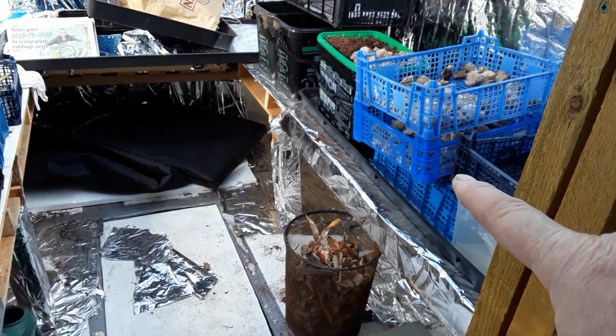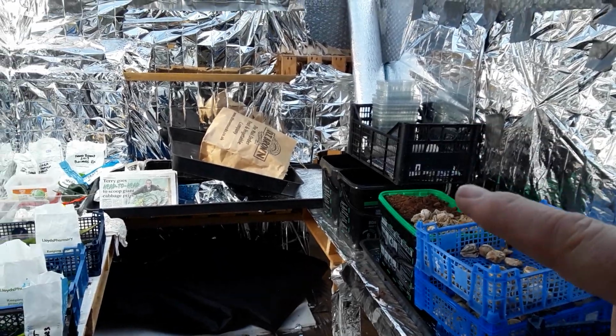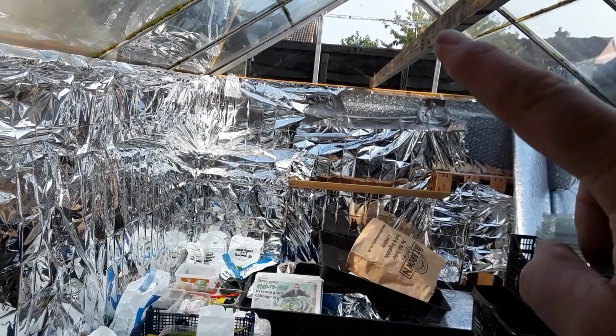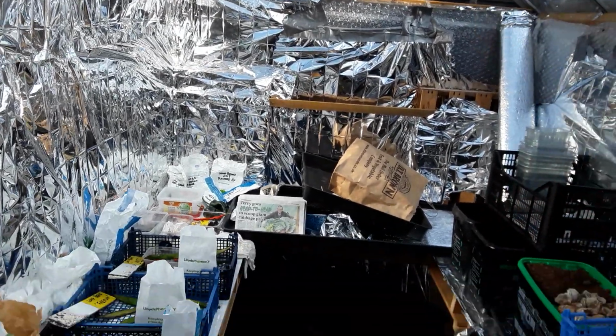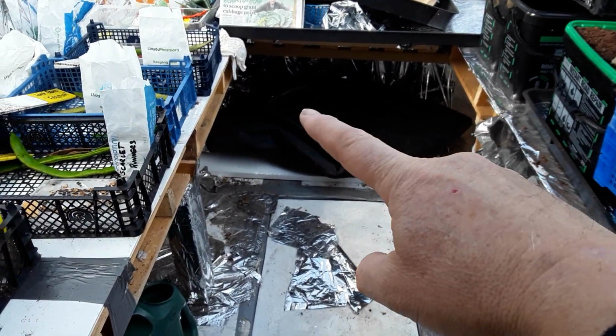This was a narrow shelf before. This wide one was up here, but I was restricted with the light, and this time I'm just going to experiment with taking the polythene, the bubble wrap up to there, and I was going to use those grow room tents